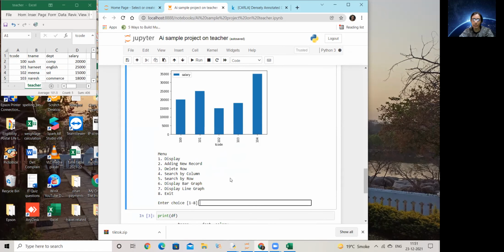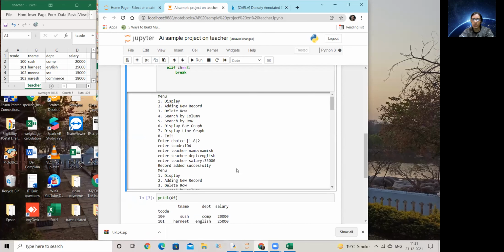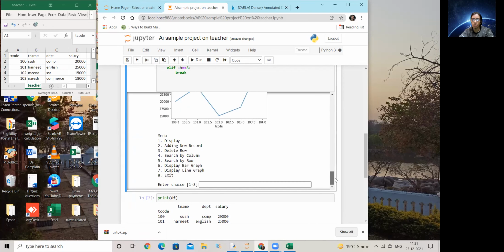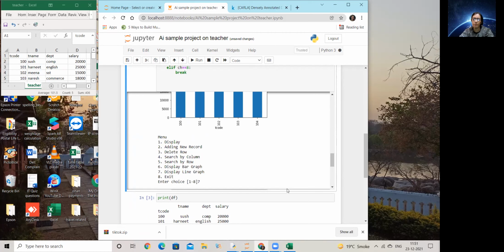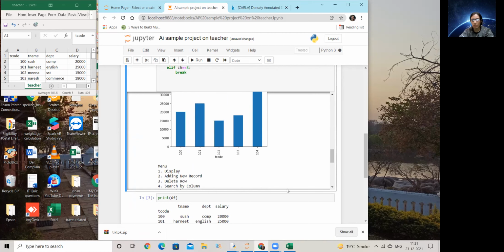And similarly, for the line graph also, if I go for the line graph, in that case too, this is how you're getting. By default, indexes are here, and then the data of salary has been plotted as a line graph. I've just shown the default setup. You want to keep this much, there is no problem. You want to change over with variations, you can definitely do. But at least do this much, at least.